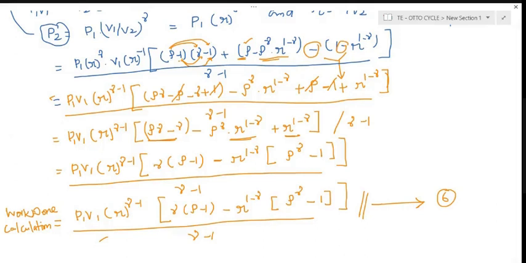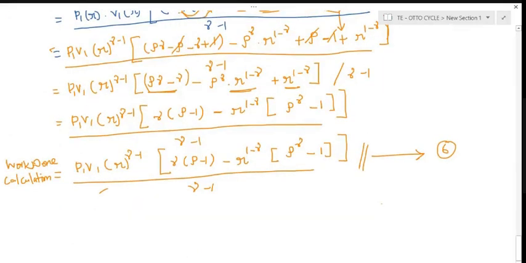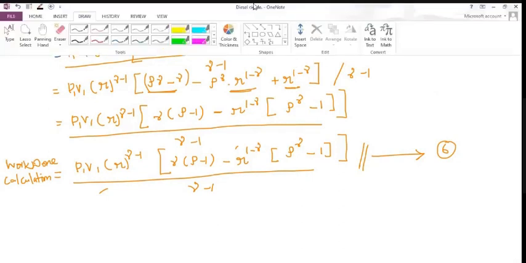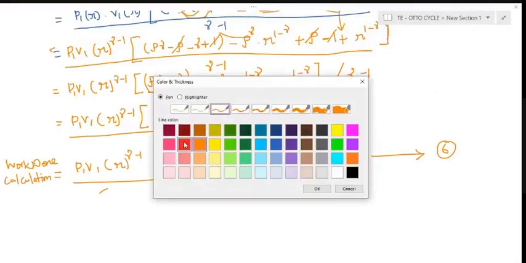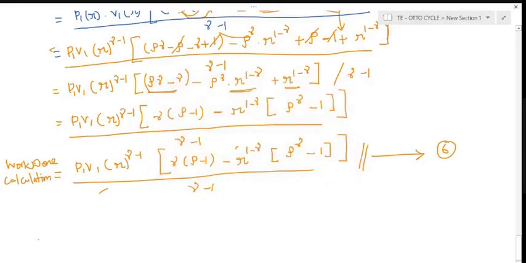So the basic formula is, again, if you need to measure work done, efficiency is equal to work done by heat supplied. From that also you can solve. So depending upon the parameters given in a problem, you can use this relation. Okay, so the next parameter. The next parameter is the third one,